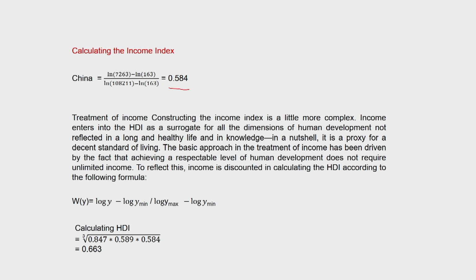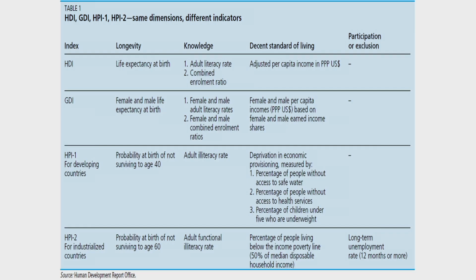and then finally based upon the individual indices, the final HDI is calculated by taking a geometric mean of all of these indicators, which comes out to be 0.663. So, between 2009 and 2010, the HDI computation changed from being calculated in terms of a simple arithmetic mean to a geometric mean calculation. This is how the computation of HDI evolved since 1990, and till the recent HDR, the formula that was followed in 2010 is still being followed.